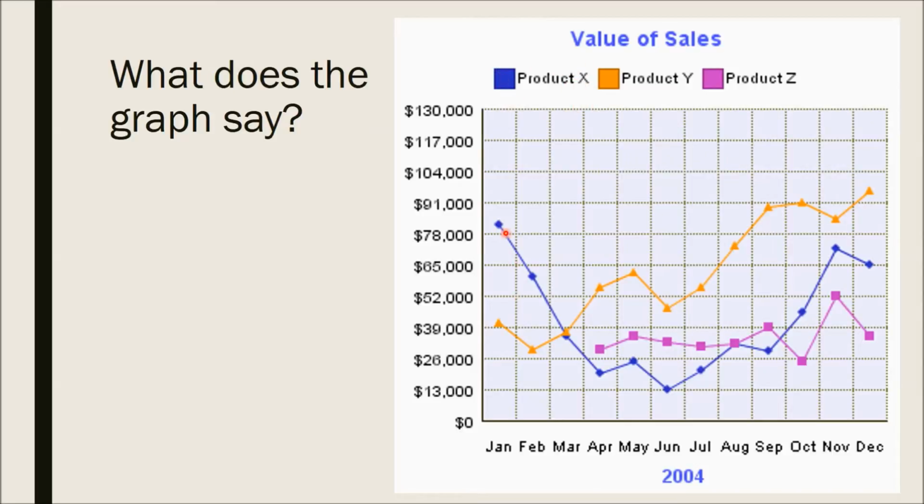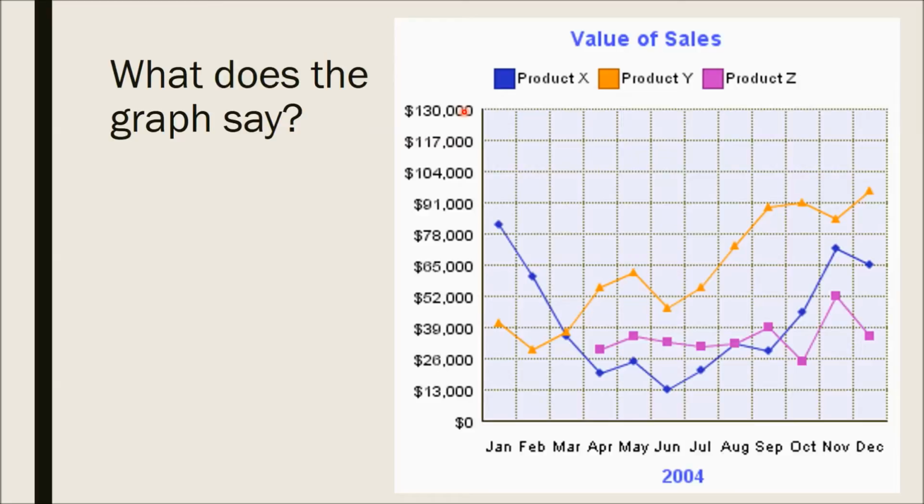That would be this line right here. Represented by the orangish color is product Y, and represented by the purple is product Z. Over here we have the value of the sales. So this is how much money their sales are bringing in. Notice they're going up by 13,000 on each